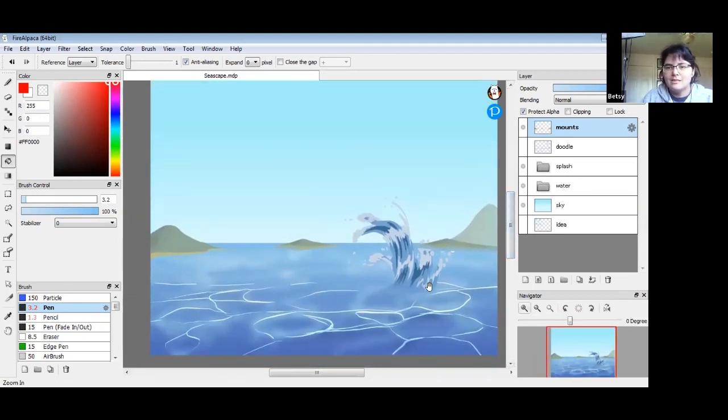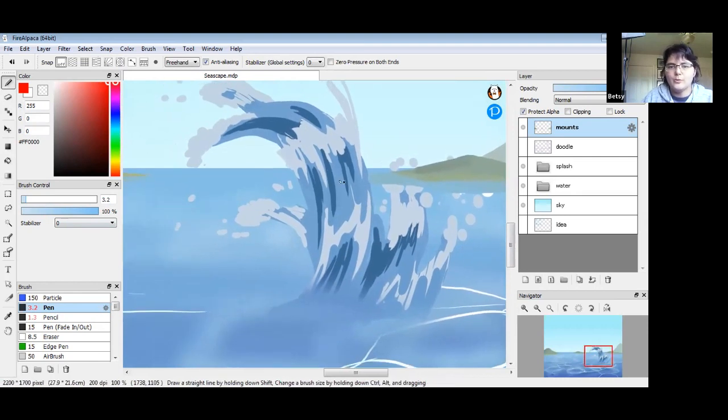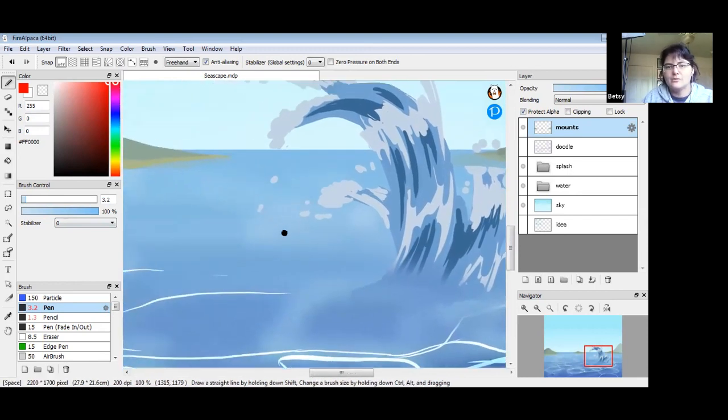Waves. So my sloppy little wave here has the general 3 colors that we were talking about. We want a shading color, we want a base color, and then a highlight color. So if I were to get a new wave going here,